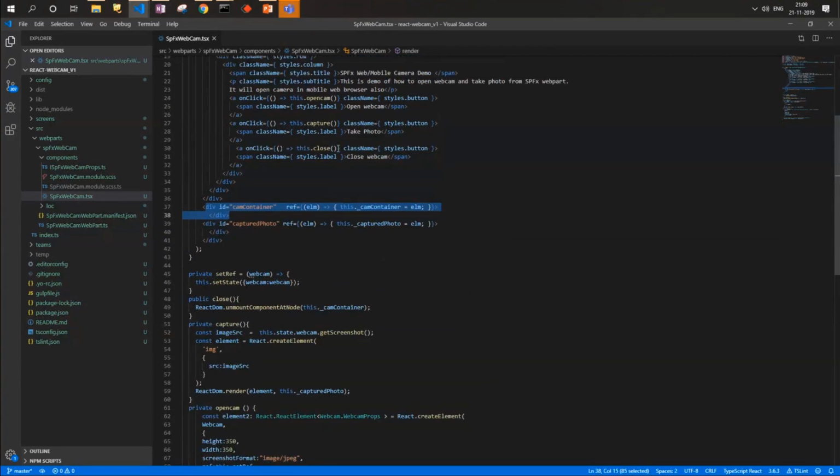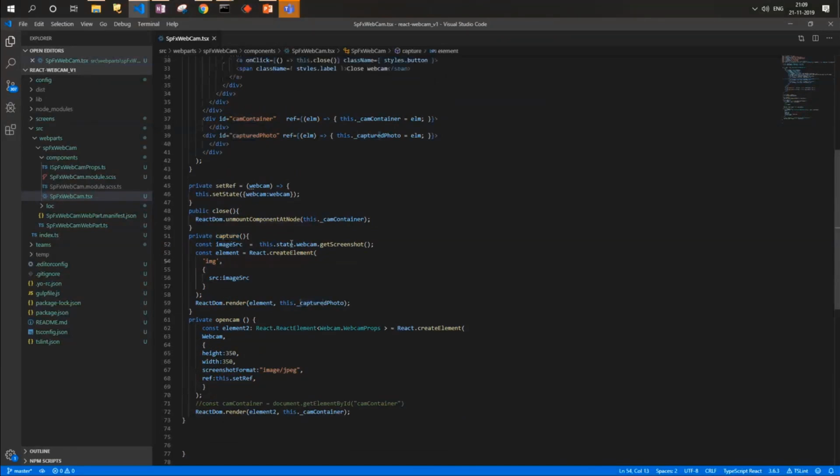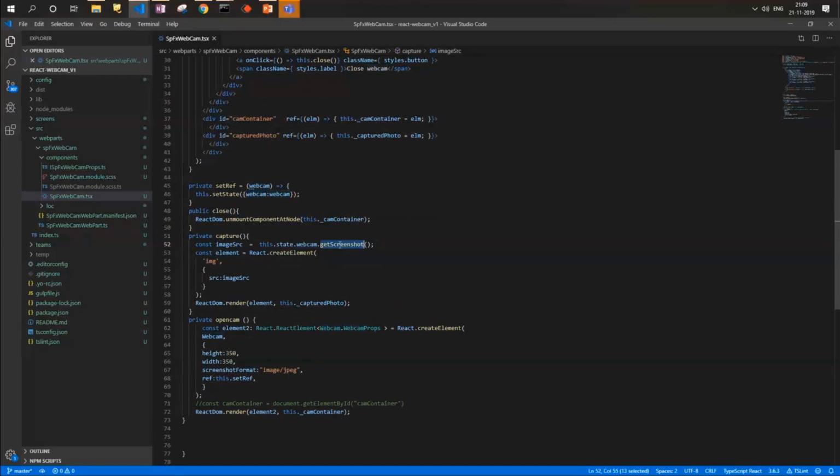The other thing is to take the photo, a capture method. The good thing is that it has methods available through which we can take screenshots. In the capture screenshot, I'm using the state webcam variable, which is the reference to my webcam element, and calling the getScreenshot method.